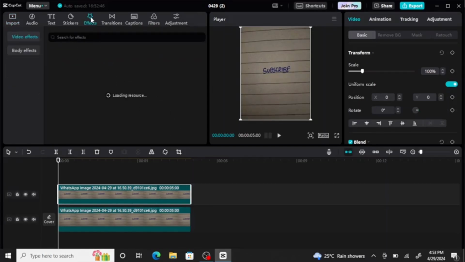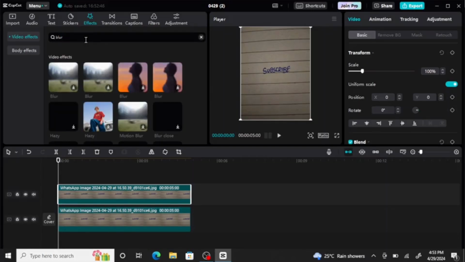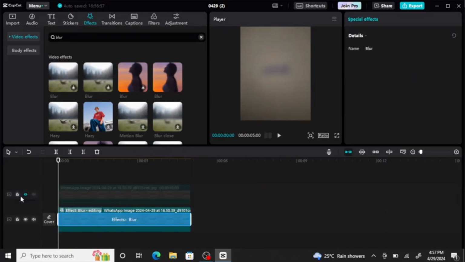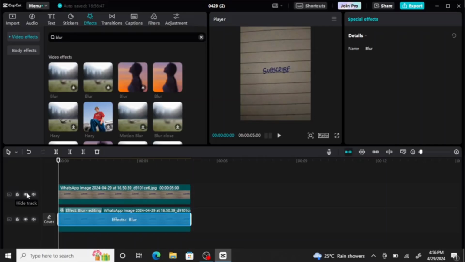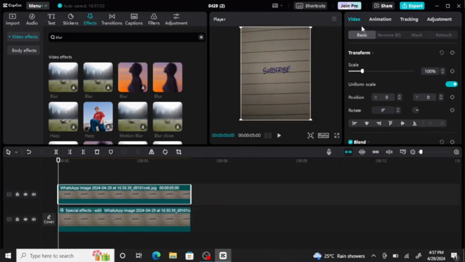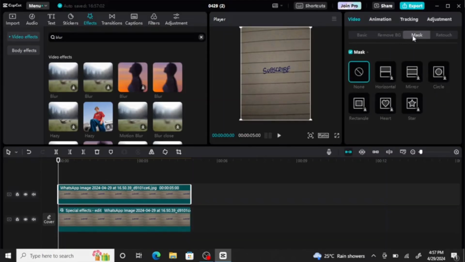Next, click on Effects at the top, search for Blur, and apply a blur effect to the bottom layer. Click on the eye icon next to the top layer to hide it, so only the bottom layer with the blur effect is visible. Then select the top layer, click on Video, select Mask,